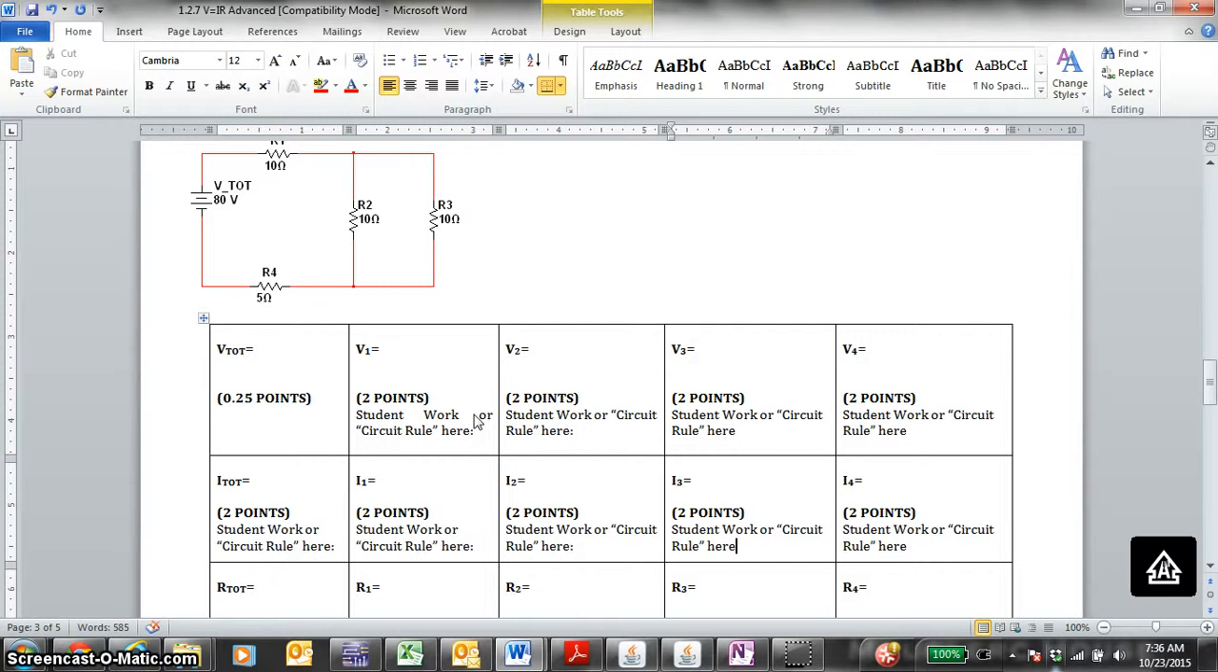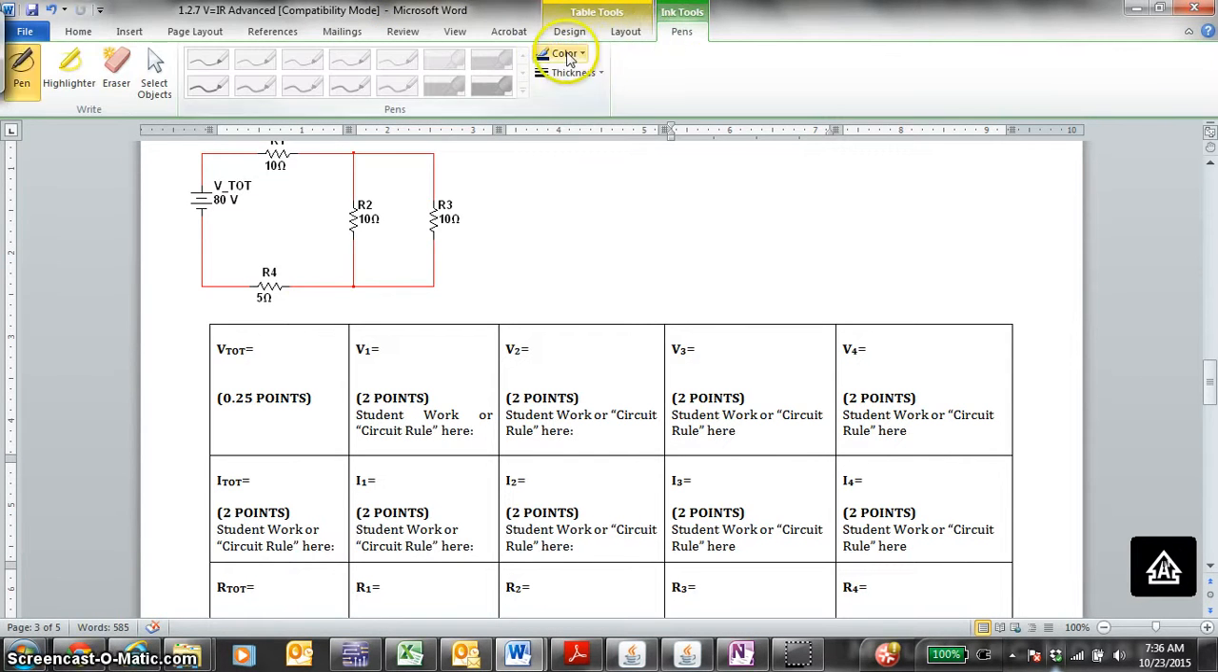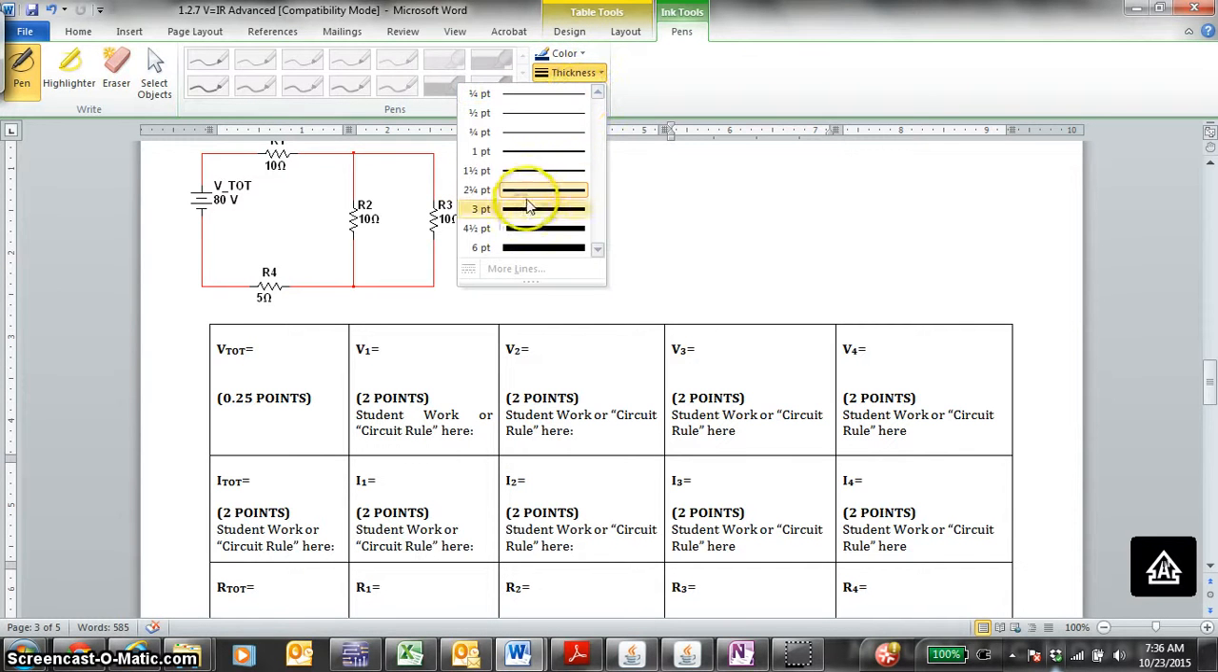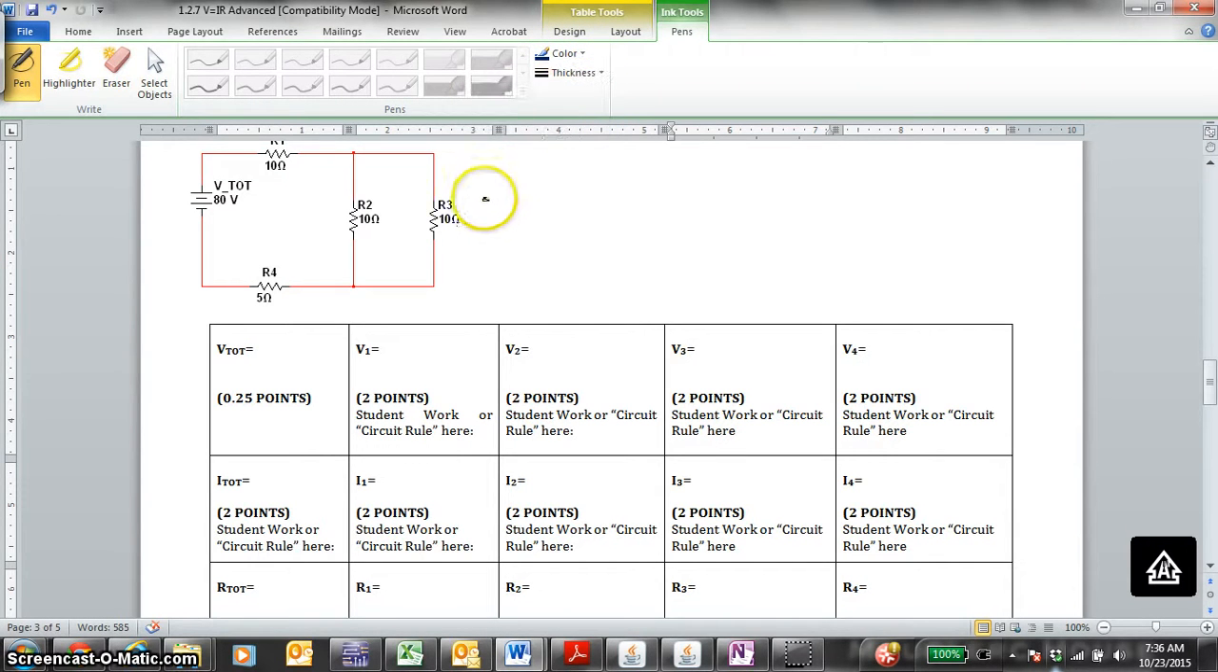POE activity 1.2.7, a resistor circuit with 4 resistors. Hopefully the first relationship you can figure out is the relationship between R2 and R3 here. So I guess what we're going to do is redraw this circuit. Hopefully this works. We can redraw this circuit